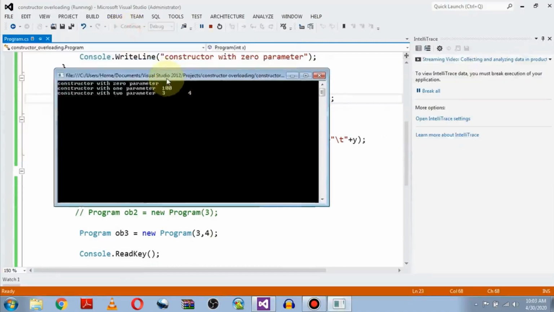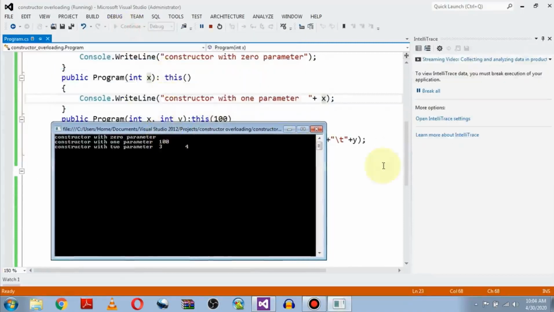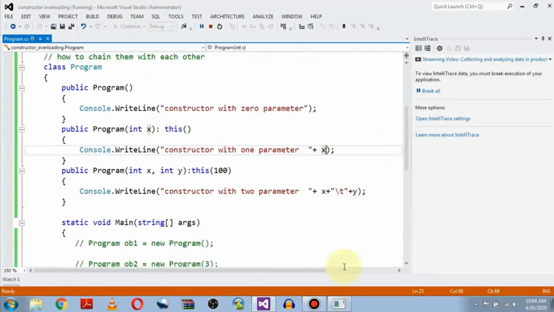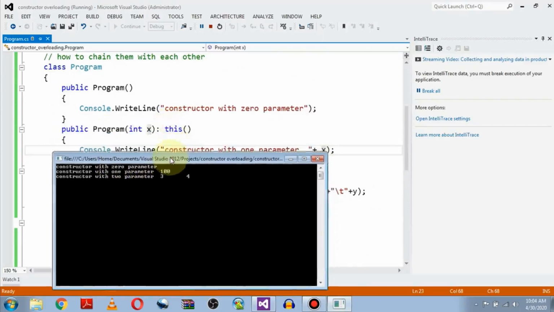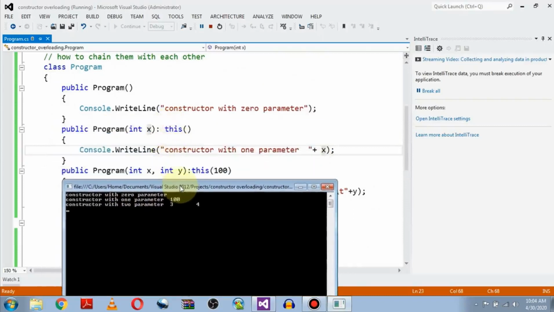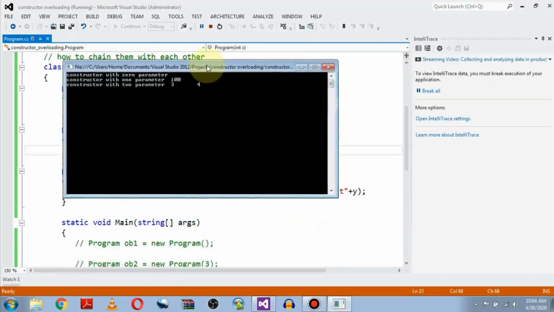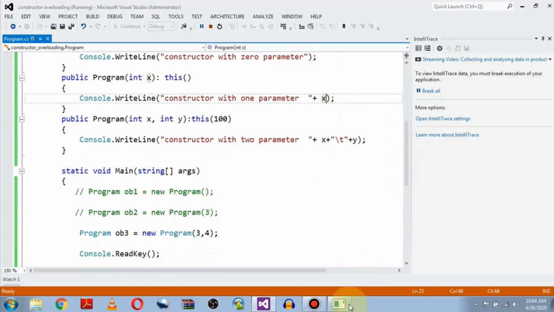If you can see, the 0 parameter function is called first, then 100 is printed because we sent 100 to this function, which is the one argument function with x, and x is printed. And having 2 arguments, it prints 3 and 4 because we have sent 3 and 4 to this function.